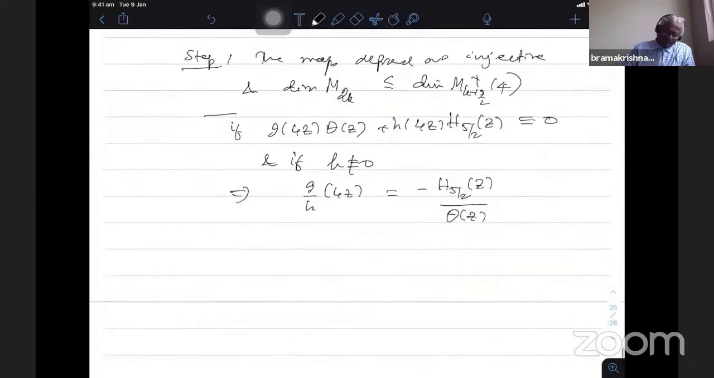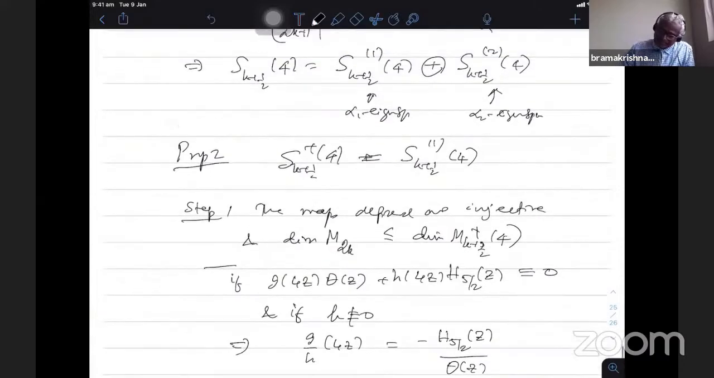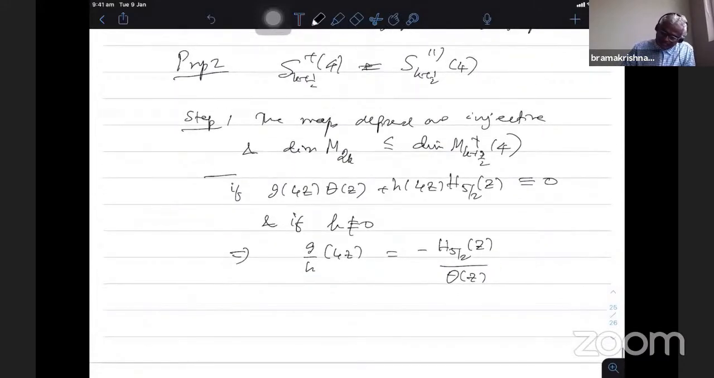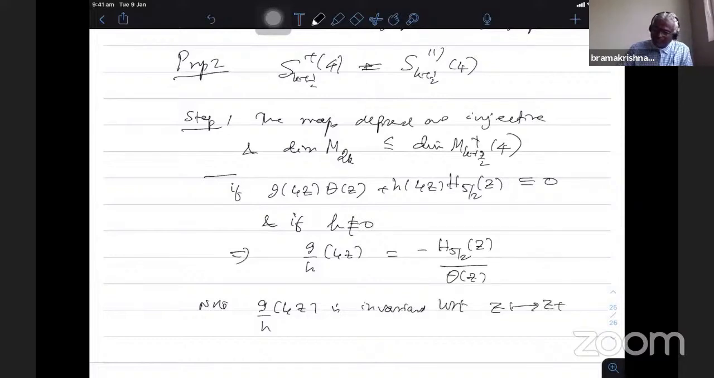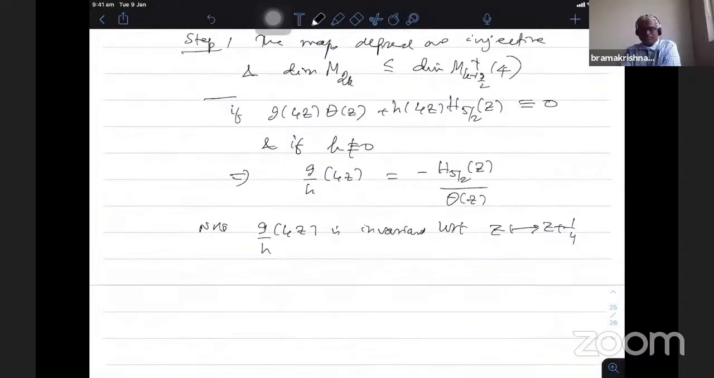So now note that this function G by H, and G and H are modular forms, though in a different way. Note that G by H of 4 is invariant with respect to Z going to Z plus 1 by 4. This we can verify. If I change variable Z to Z plus 1 by 4 and use the fact that G and H are modular forms of weight 2K, one can show that this ratio G by H of 4 is invariant with this action. However,